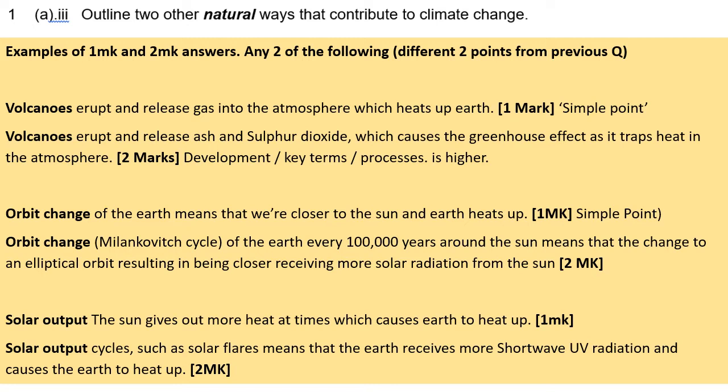The next point is volcanoes erupt and release ash and sulfur dioxide. So now we've got geography words, which causes the greenhouse effect. So now we've got a process. That's because it traps heat in the atmosphere. So that's 2 marks. You can see afterwards it's got development, key terms, it's got the processes,